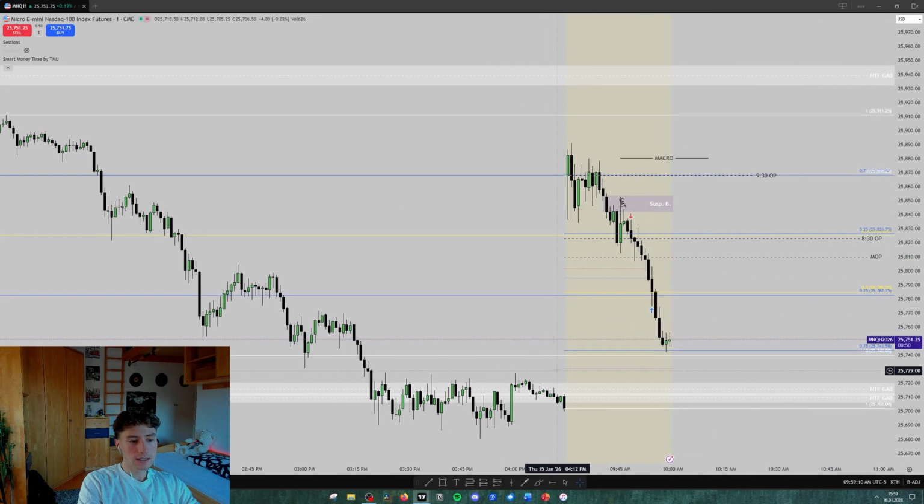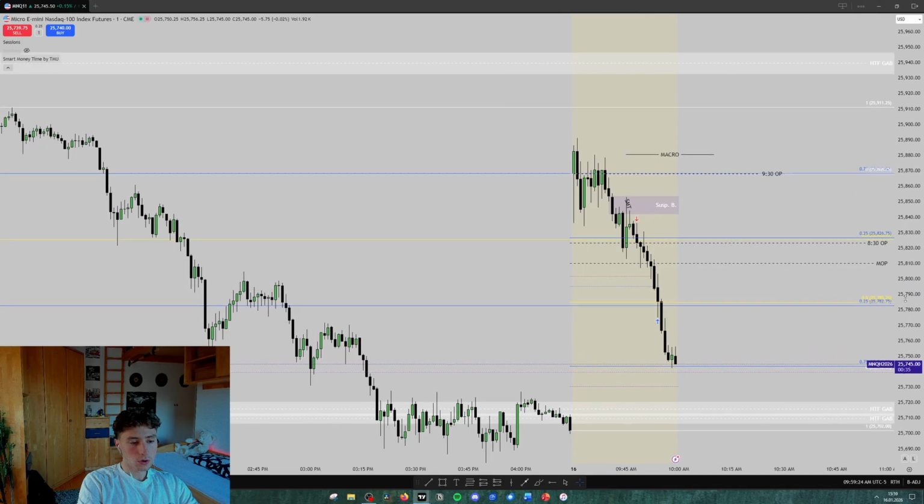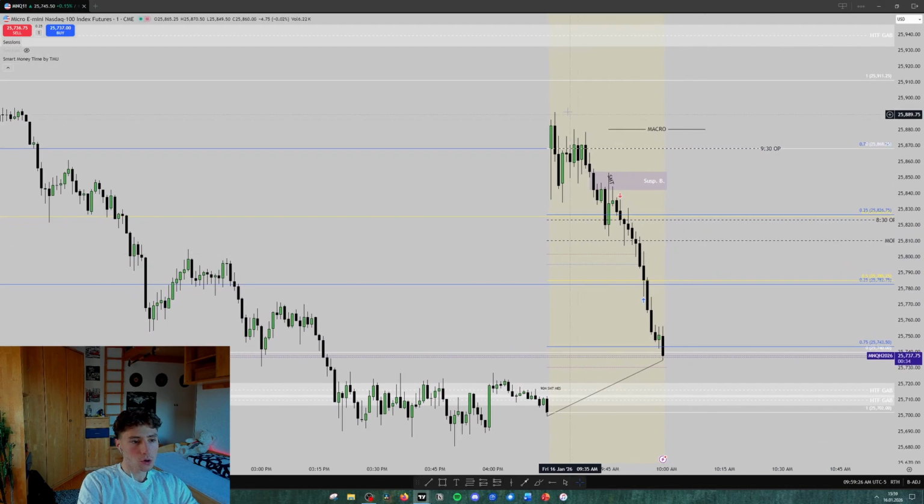So we had really clean build up of engineered sell liquidity over the different sessions, so Asia, London and New York Open Kill Zone. And therefore we expect that we will actually reach at least for consequent encroachment. And what also confirmed my bearish bias was not only the higher time frame SMT right here we had with ES, but also the fact that we right here closed below the upper quadrant level and did definitely not respect it.